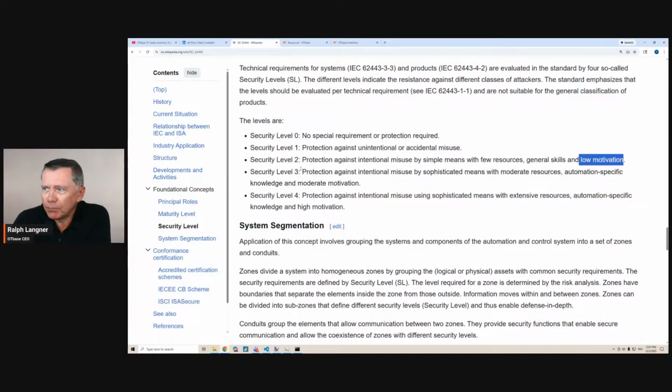And the other thing that puzzles me, okay, I get the point. They want to understand the capabilities of those attackers, because this is also where you think about nation state or just script kiddies, etc. And so this is where the resources come in. Okay, extensive resources, moderate resources, fewer resources, and that is also something